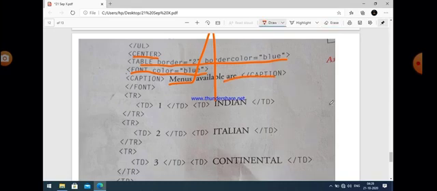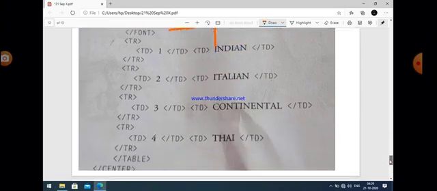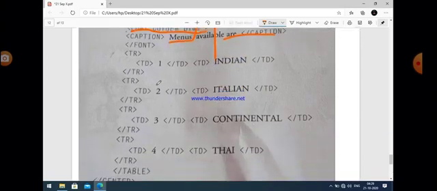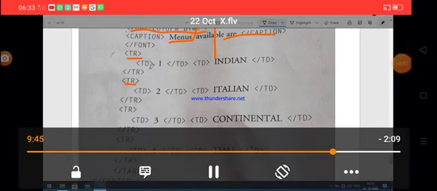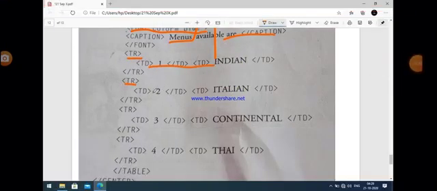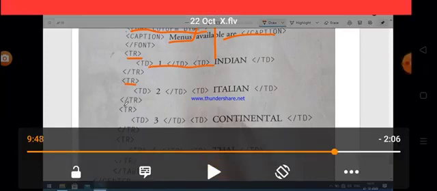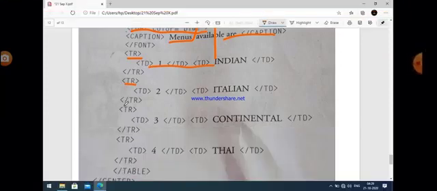After that, write the code for different rows. So the tr tag should be used, and within the tr tag, as we know, we should define td, meaning table data. So this is the table data here. The first table row contains data 1 Indian.